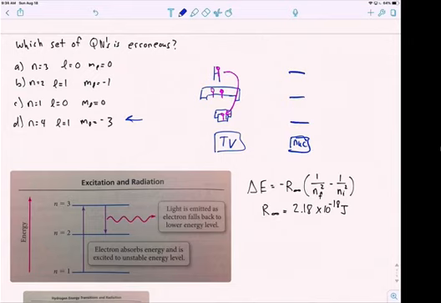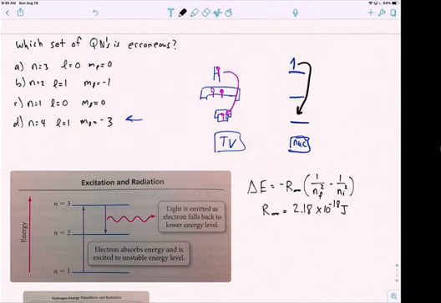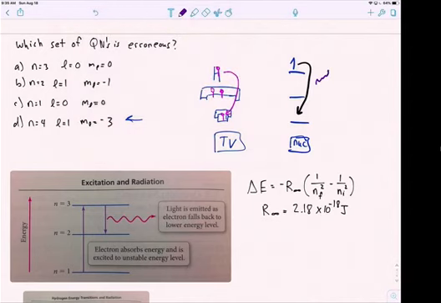What happens if it's excited? We have excitation, it goes high. And then when this electron goes down in energy, it has a relaxation, and it gives off a photon